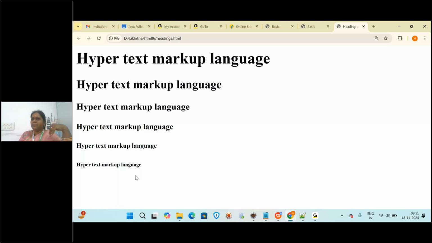So in our examples, if you want something as a heading and you want bold also, then you can use H1, H2 or H3. It's our wish. Understood? Only the head tag means it will come at the top as a heading, but it won't be bold. That is the difference between the head tag and heading tags like H1, H2, H3 and all. Clear, everyone? Are you following? Online students, are you following?